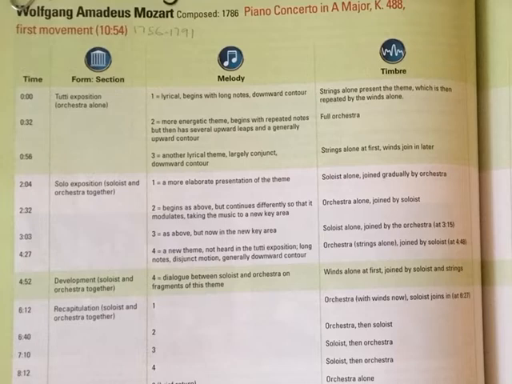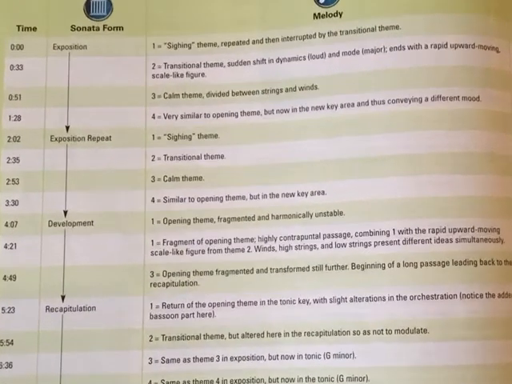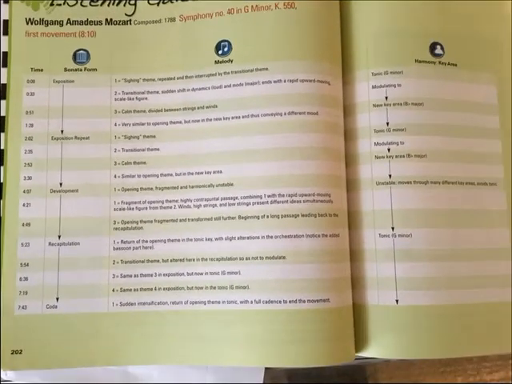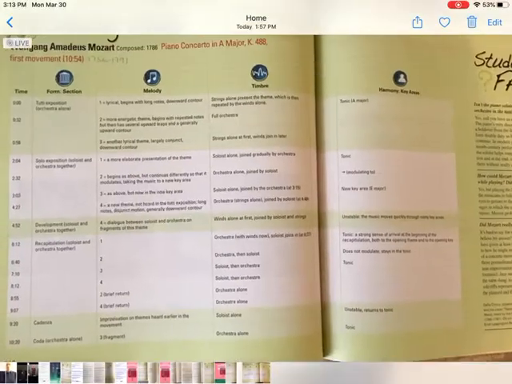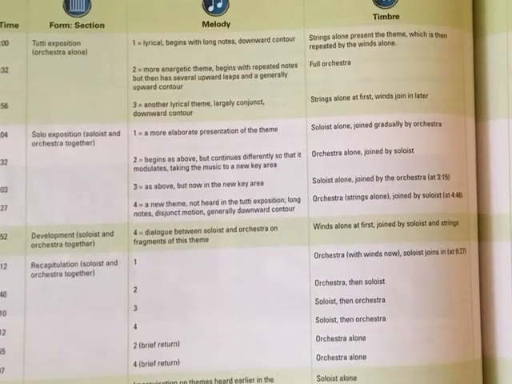Then what happened in the last exposition, right? It all repeats in a symphony. Not so in a concerto. What happens here in a concerto? Rather than repeating, we hear the same themes, but it's reorchestrated. Now we feature, what do you think we feature? The solo instrument, right? This is a concerto. So now that soloist, this is a piano concerto, not going to play in the first section at all, but